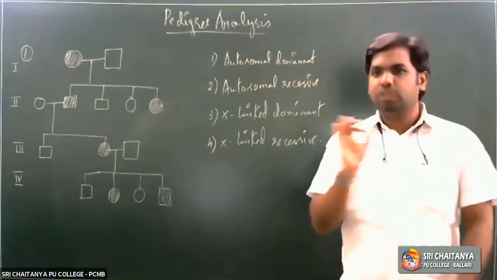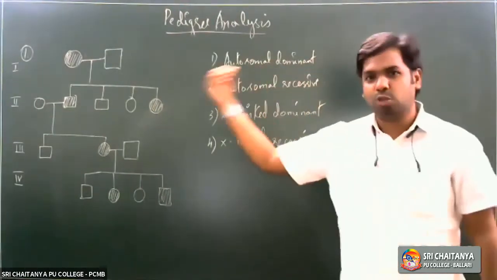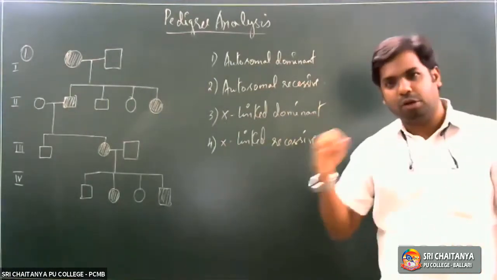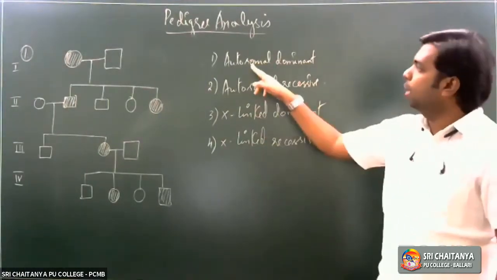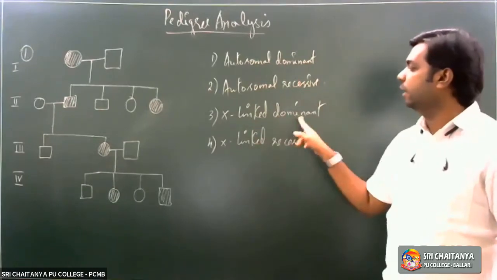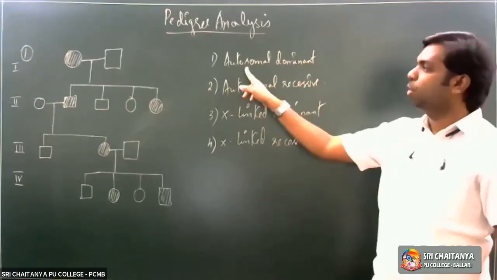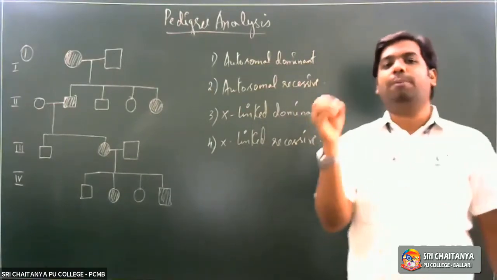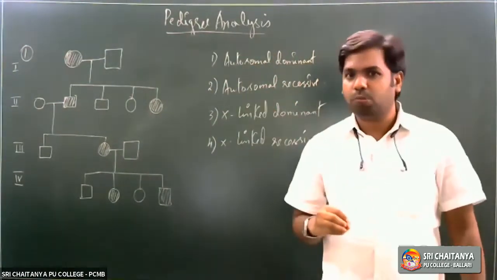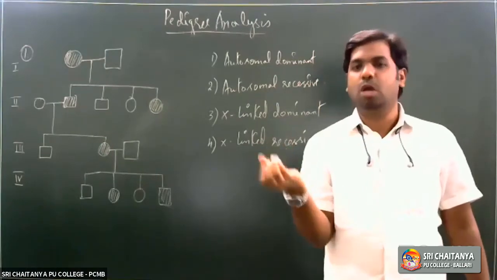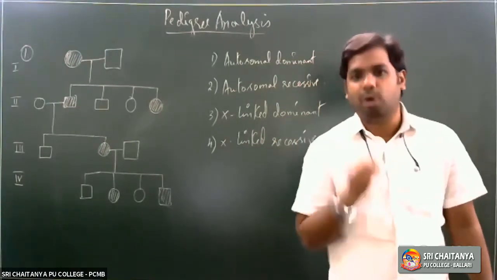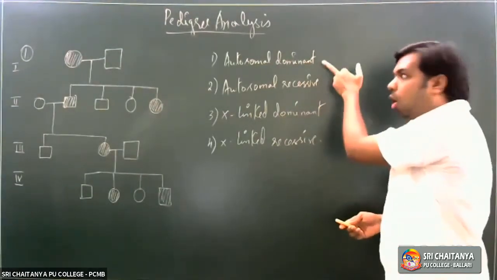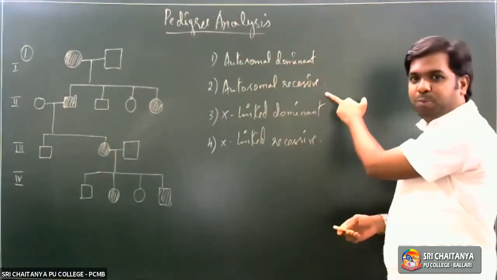The first and foremost is, no matter what sort of question you have, the options will be only these 4, even in your exams. It would be autosomal dominant, autosomal recessive, X-linked dominant, X-linked recessive. So what does autosomal dominant mean? The mutation is seen in genes present on the autosomes. Autosomes are nothing but body chromosomes, chromosomes not involved in sexual reproduction. That mutation could be dominant, or it could be recessive.